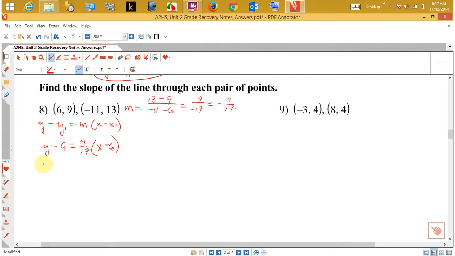So let's work it on out. I'm going to get y minus 9 is equal to, and my slope was a negative 4/17, a negative 4/17 x, a negative times a negative is going to be a positive number. So 4 times 6 is 24. Now what I'll have to do is add 9 to both sides. So y minus 9 is equal to a negative 4 all over 17x plus 24/17 plus 9, and I'm going to make 9 into